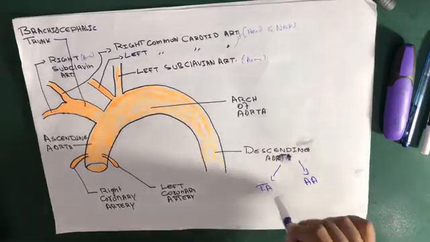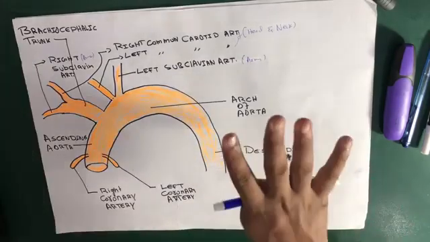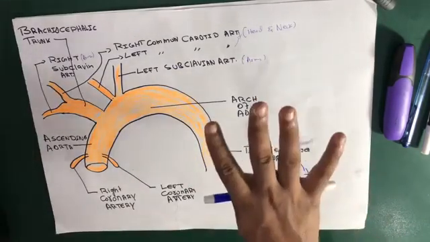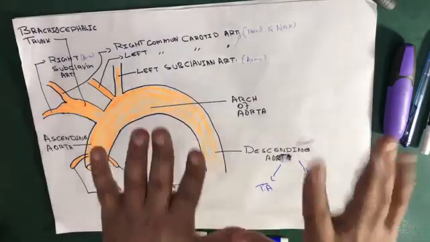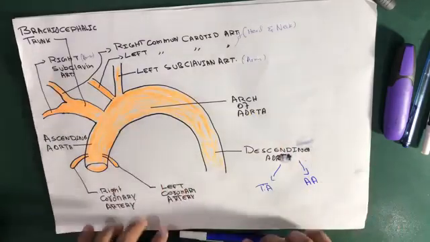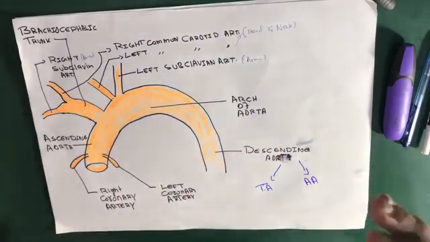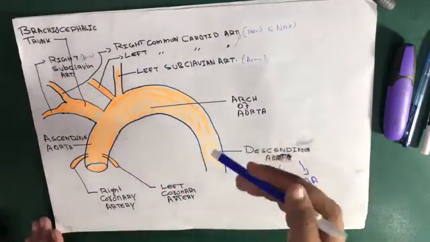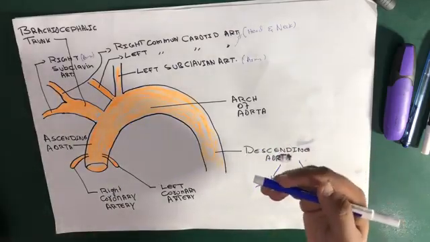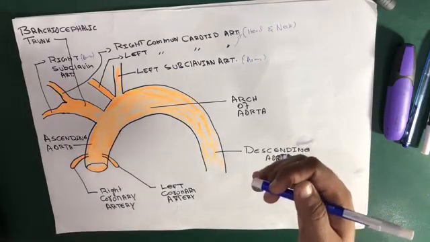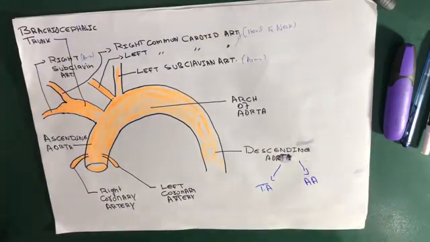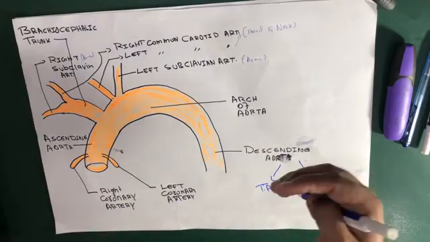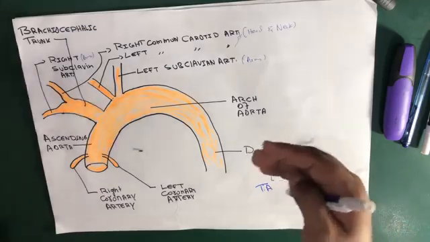The descending thoracic aorta begins at the lower border of the fourth thoracic vertebra and ends at the lower border of the 12th thoracic vertebra, and it passes the diaphragm behind to become the abdominal aorta. So when the thoracic aorta is converted into the abdominal aorta at the aortic hiatus, it divides